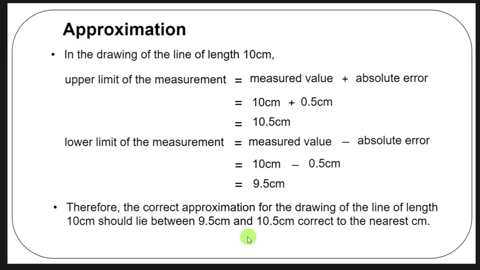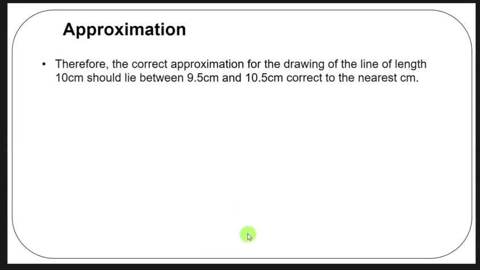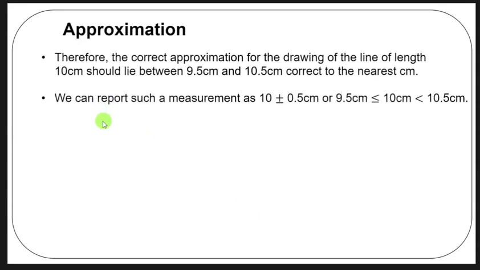All right, so you're saying that we can report such a measurement as, if we were to make a measurement of 10 centimeters, we expect it to be above or below by 0.5 centimeters. So we report such a measurement as 10 plus or minus 0.5 centimeters, or we can report it